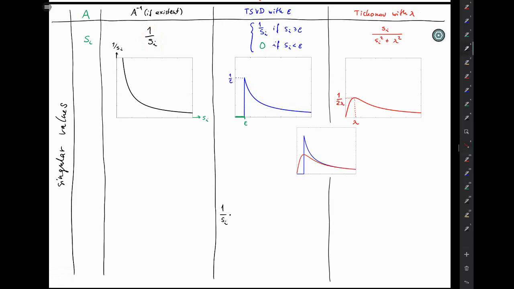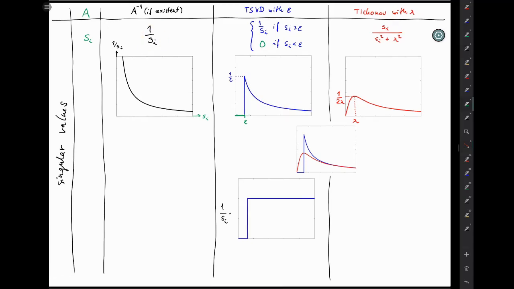And here's the something. So it's just a characteristic function that deletes everything below epsilon and keeps the rest alive. So the function value where it is not 0 is 1. Okay, so this blue curve here is this black function times this cutoff function. And that's why we find TSVD is so simple or clean, because it's just a simple cutoff applied to the function that you naturally have.